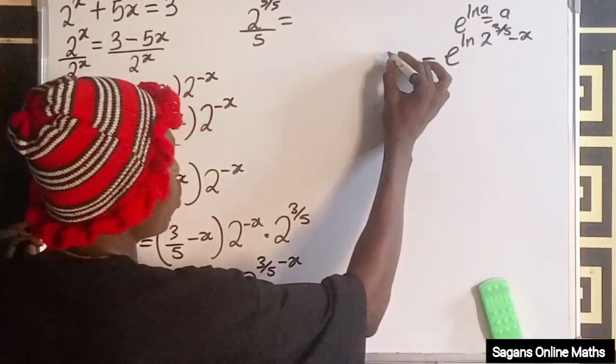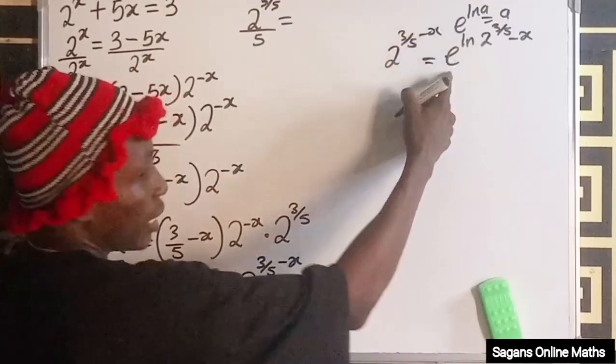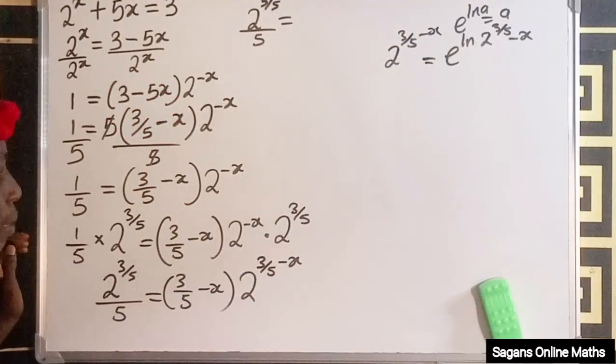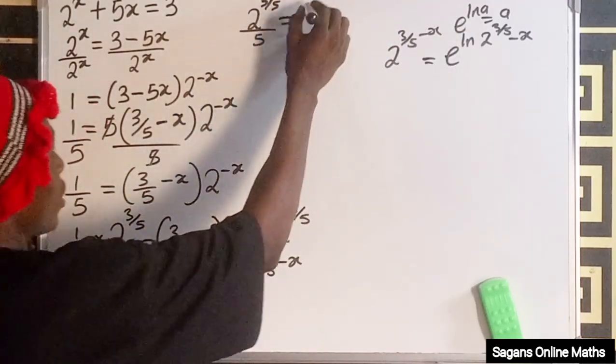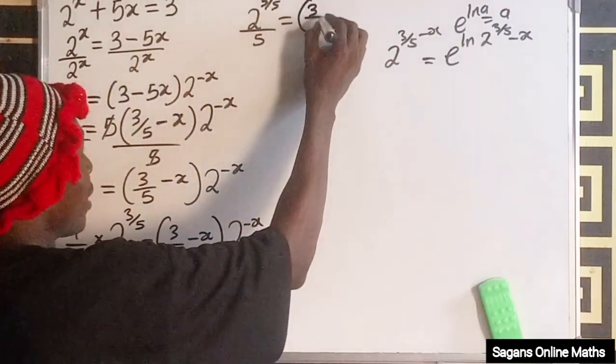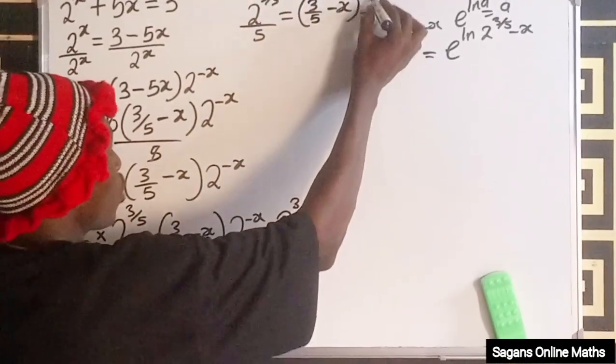That means 2 to the power of 3 divided by 5 minus x is equal to this. That's amazing, by obeying these properties of logarithm. That means this will become 5 divided by 3 divided by 5 minus x, then multiply by e raised to the power of